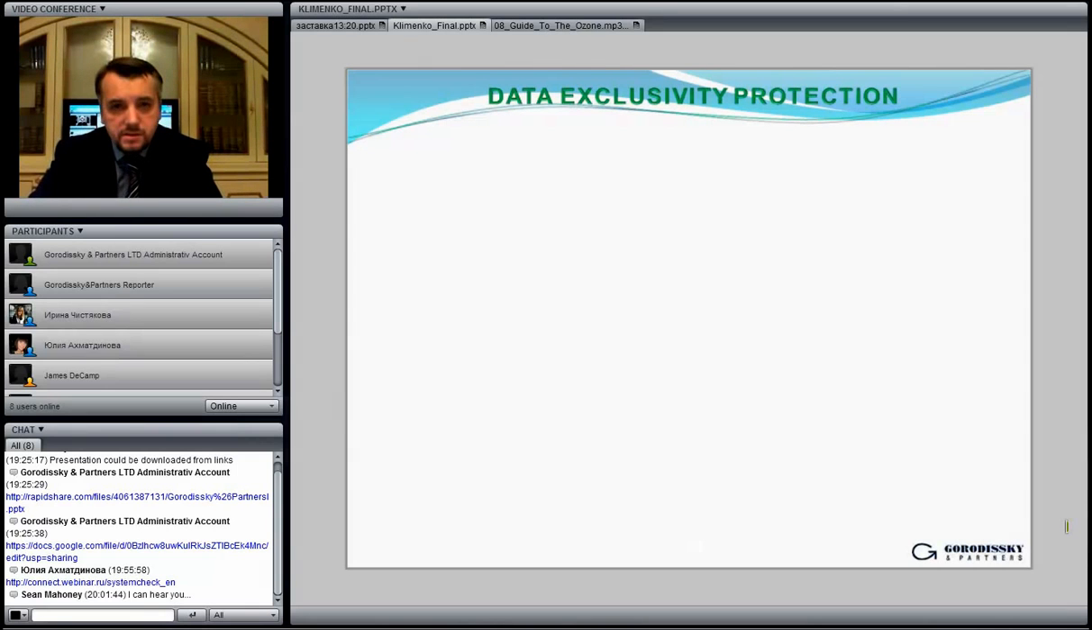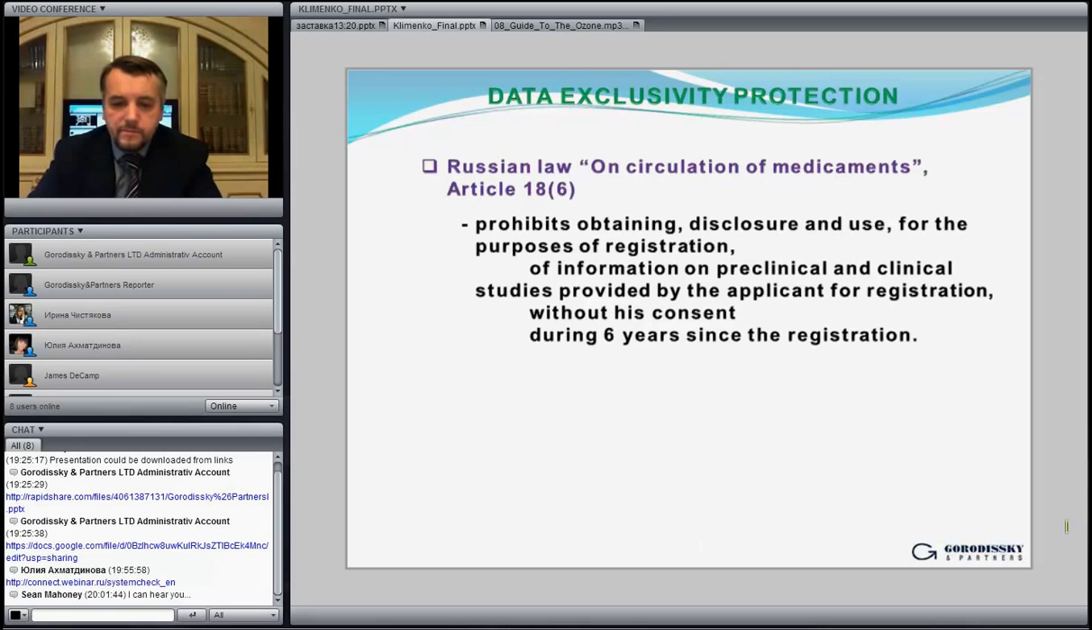As far as data exclusivity protection is concerned, this is another of the two topics with which I wanted to finish my part. As some of you may know, last year Russia joined the WTO, and as a consequence, Russia had to bring its legislation into harmony with that of the WTO. And in our Russian law on circulation of medicaments, we now have this clause, Article 18.6,